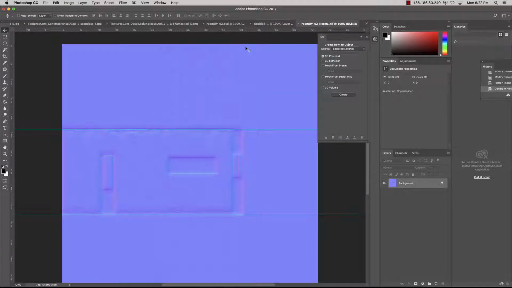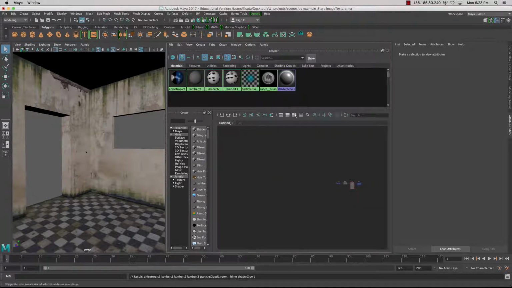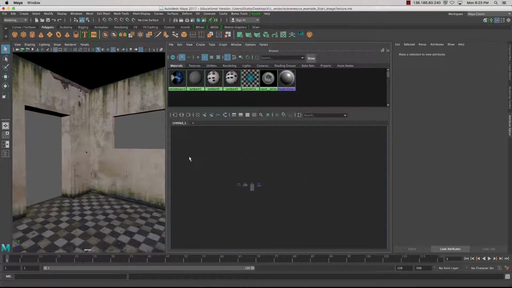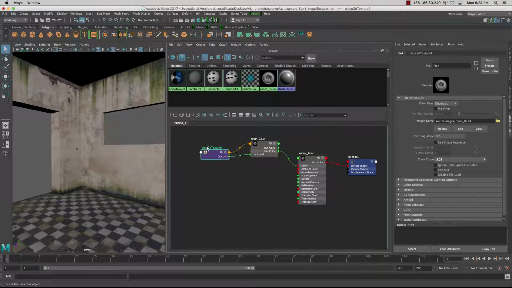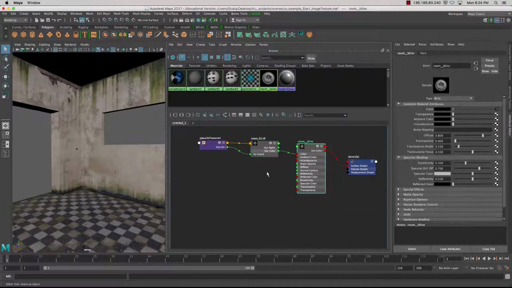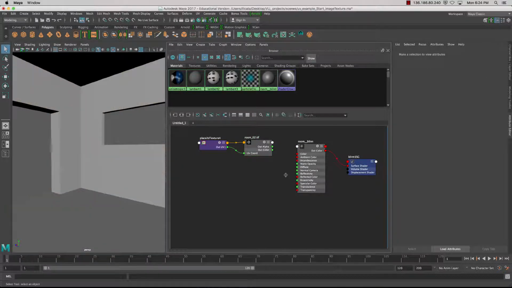So let's move back into Maya, and what I'm going to do, I've just brought up two windows side by side, but I'm just going to clear them out so I can work with just these guys. So far we've put the texture for the room, the image. So I'm just going to deselect that so we can see the other